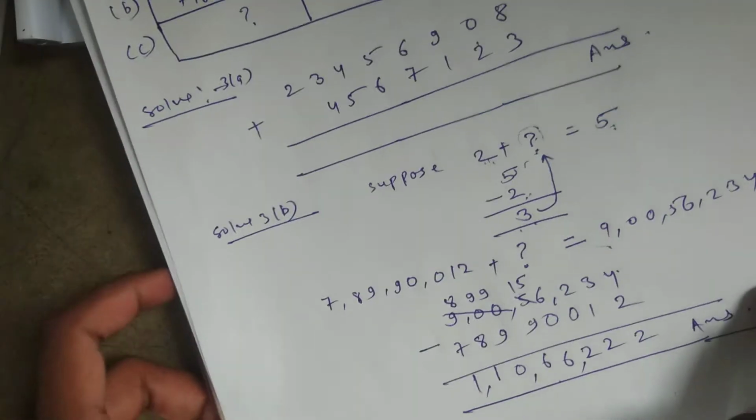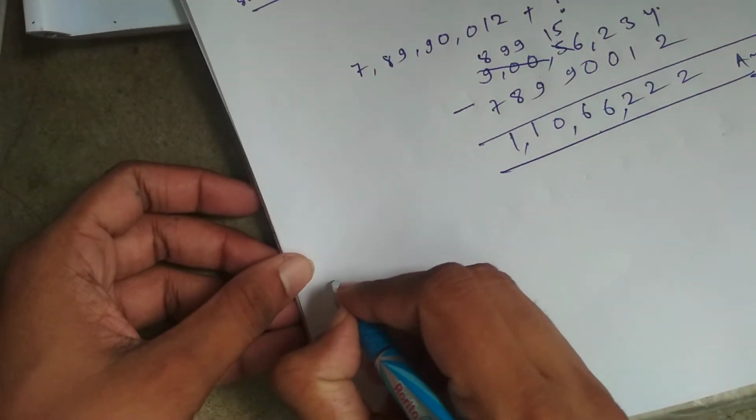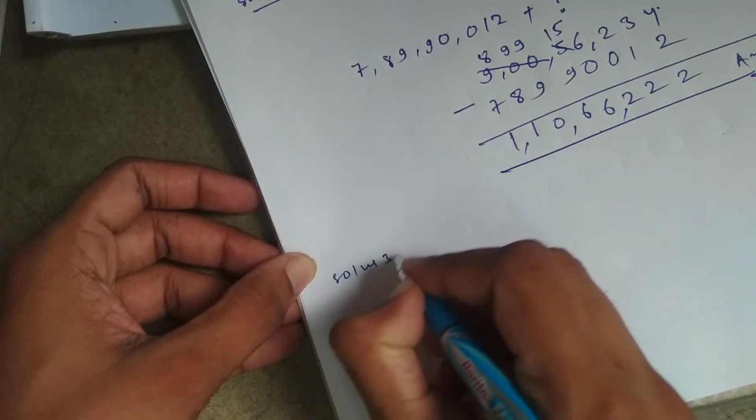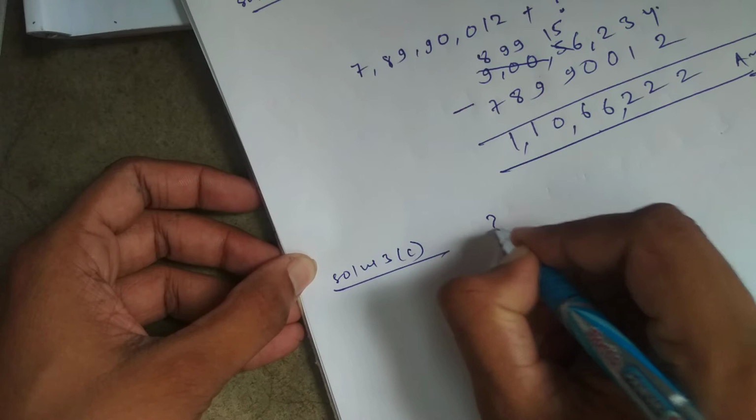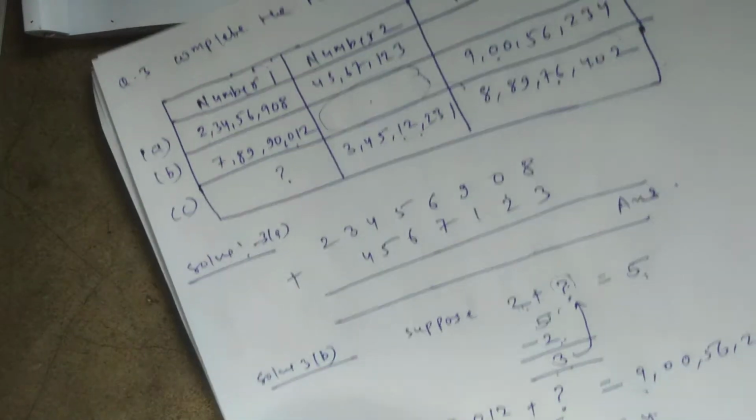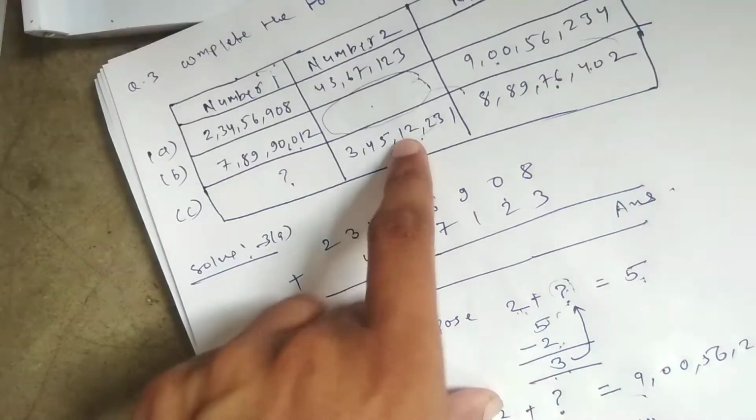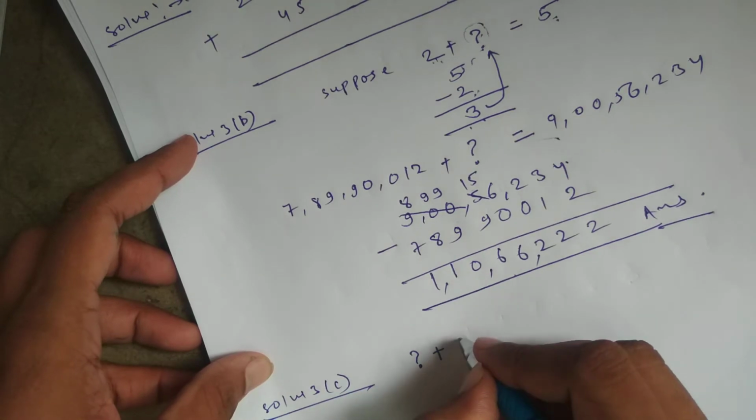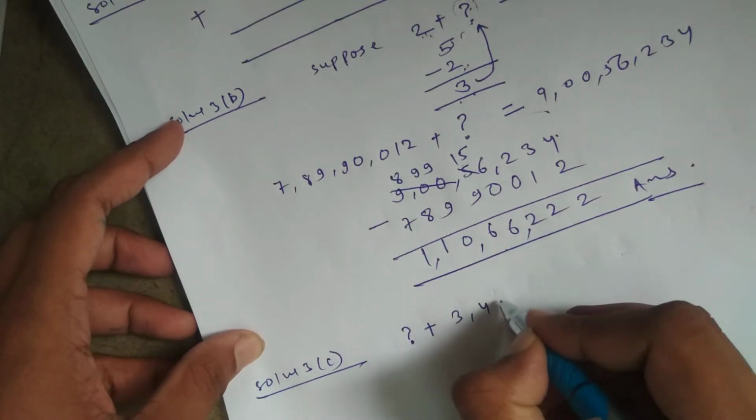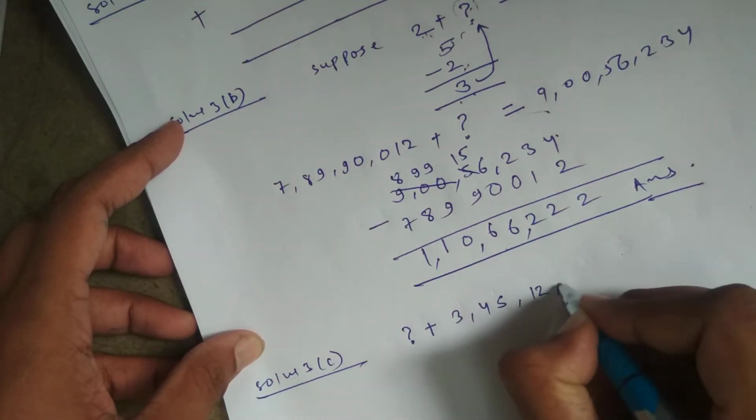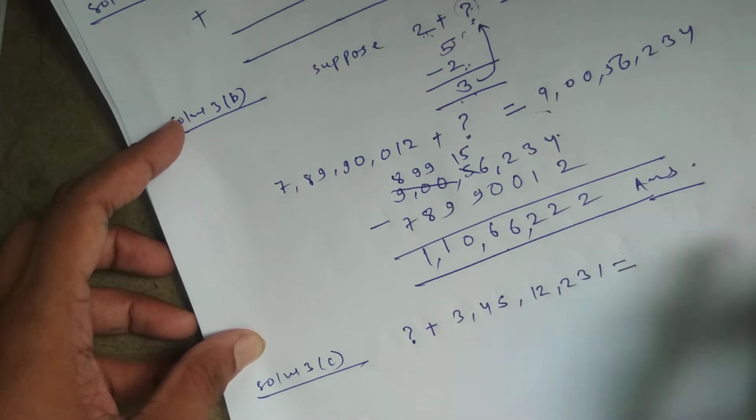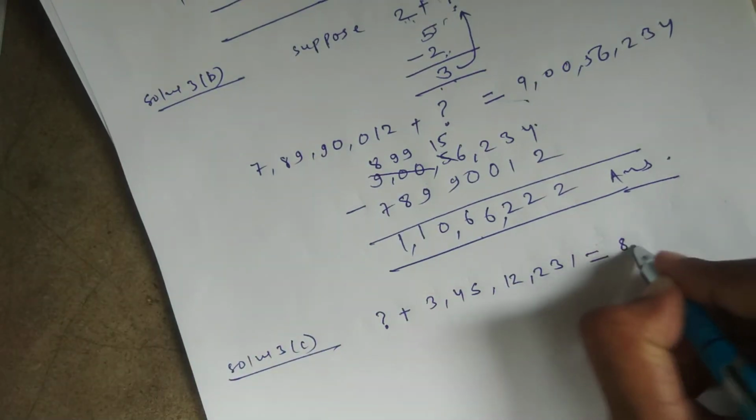So in third C, the question says, what should we add here? What should we add here? So we will get this. So what we should add here in 3 4 5 1 2 2 3 1, so that we could get this number